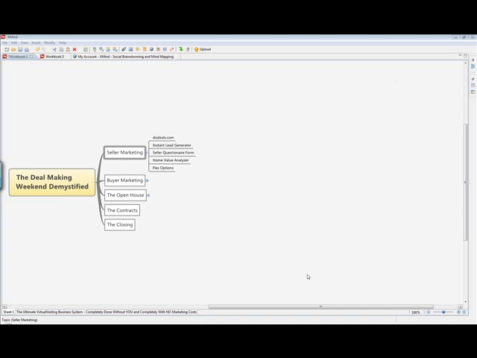So don't worry too much about the type of deals right now. Just focus on the concept for now, so that you are clear on what you need to do to get this going.